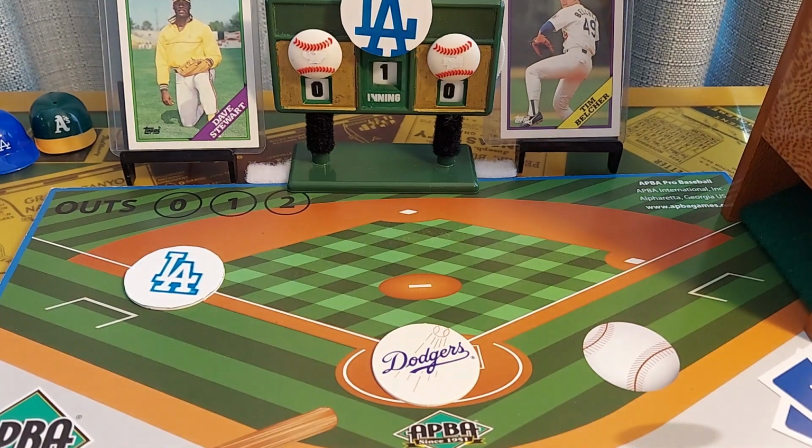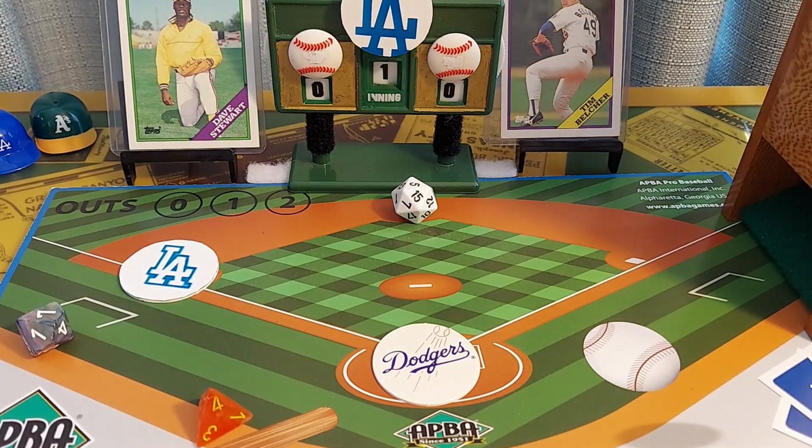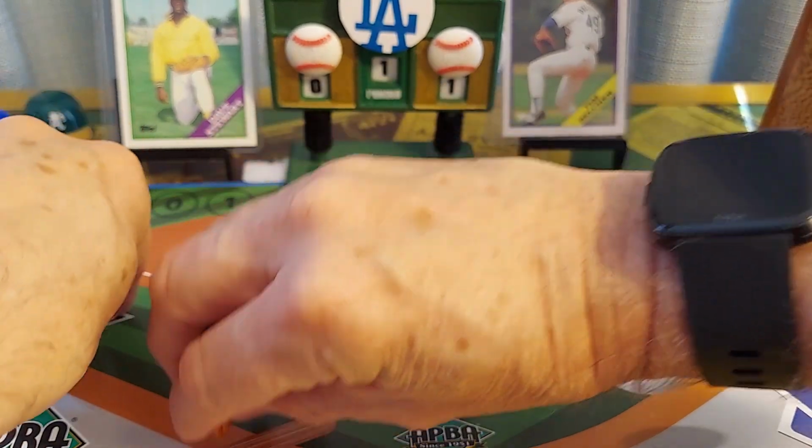Let's roll these 2 dice first. And now the hit die. And that is a 7 plus 4 is a 11. That's going to be a base hit. A single past the second baseman. And that scores Mickey Hatcher. The Dodgers take a 1-0 lead. RBI for Marshall. Let's put him on first. Hatcher scores. And that brings up